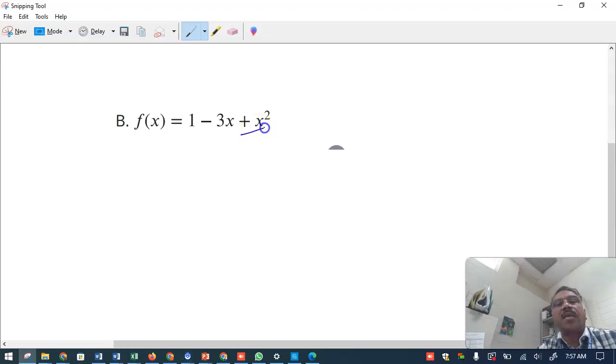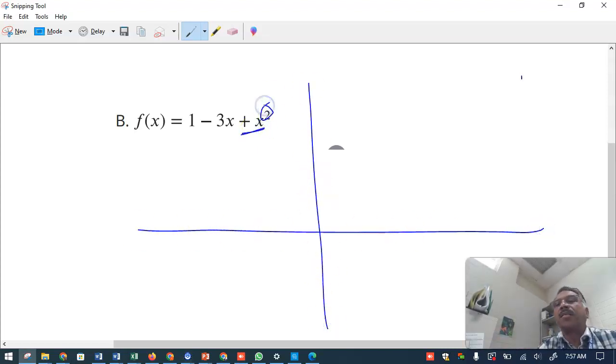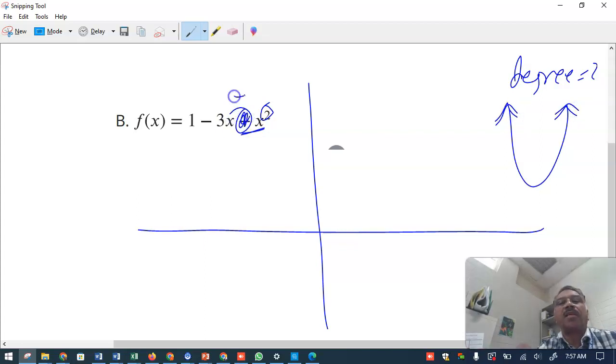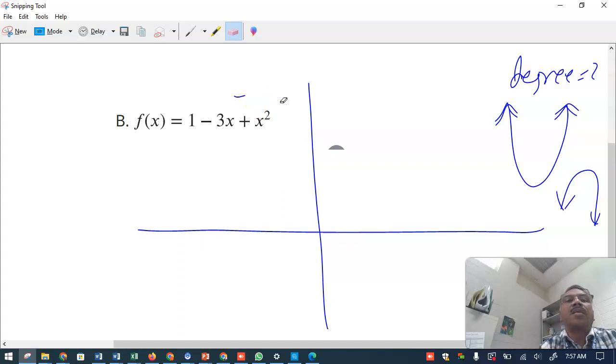The second question: there is a plus x squared. You see there's a 2 here, that means the degree is 2, and a degree of 2 is a parabola. Of course, there is a plus sign, so the parabola opens upward. If this was minus, it would look like this, down, down. So you have to be very careful whether it is positive or negative. Positive always, for degree 2,